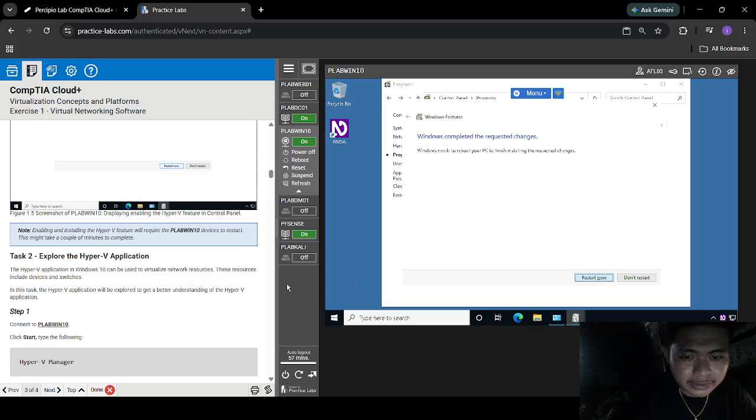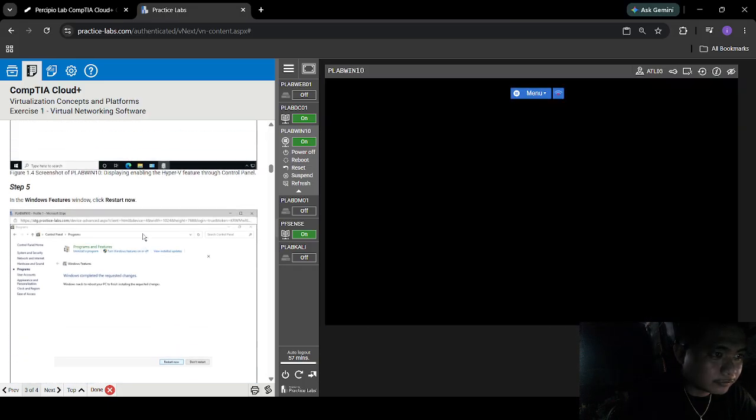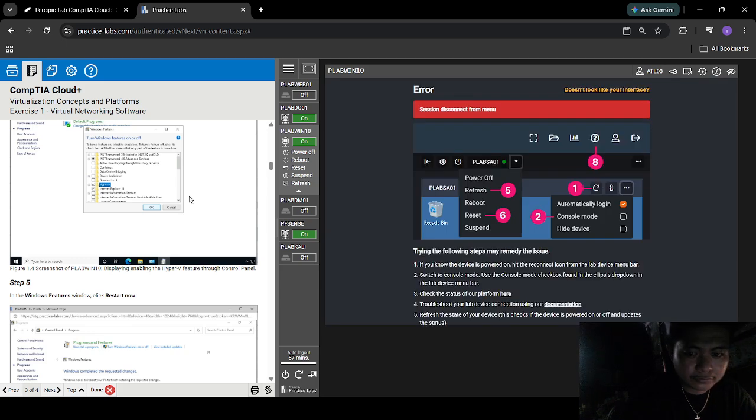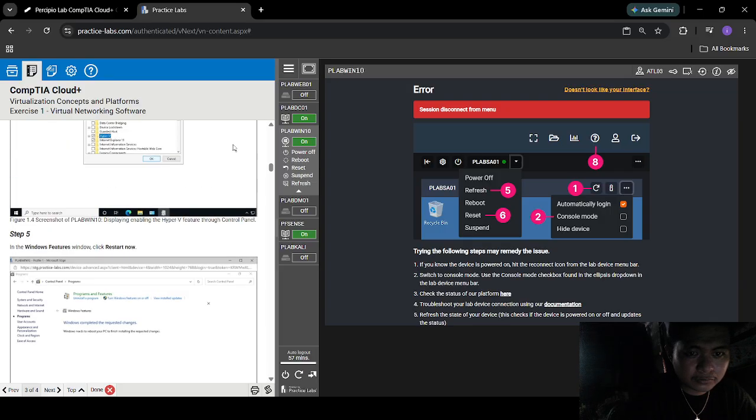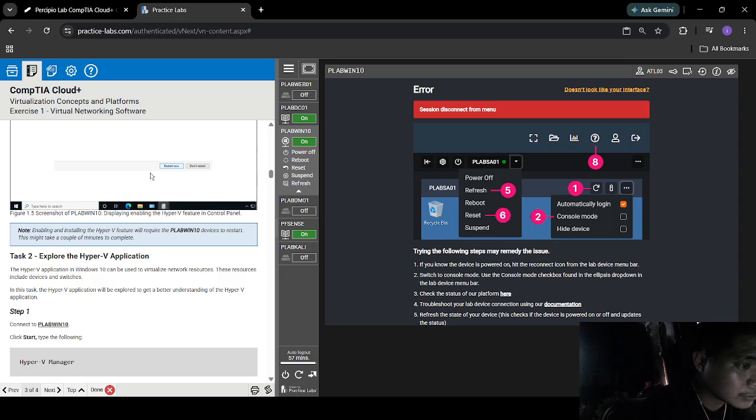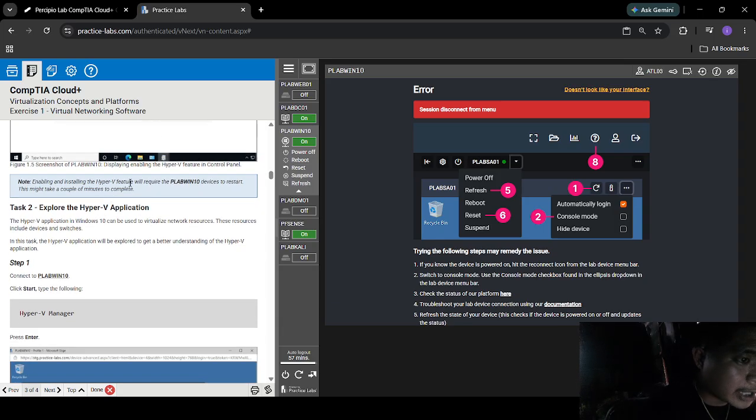Now click restart now. Enabling and installing Hyper-V will require the PLAB Win10 device to restart. This might take a couple of minutes to complete.